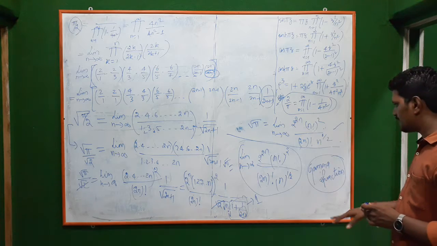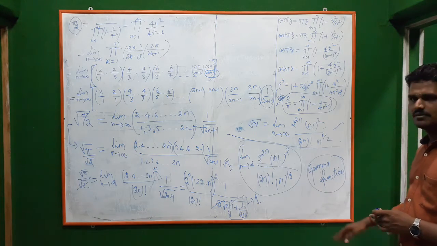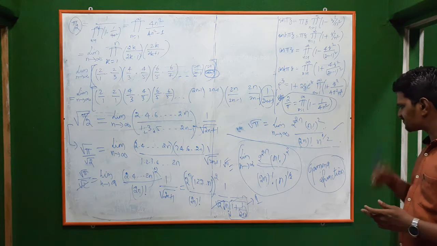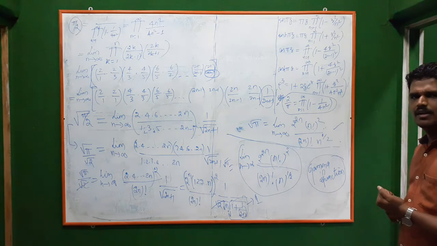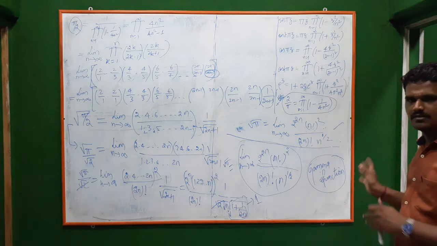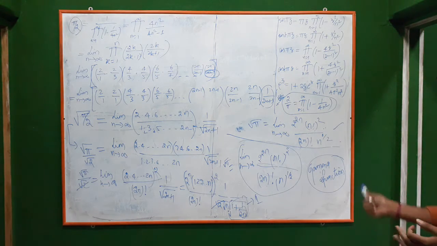Next we will move on to the next section called gamma function. So gamma function we have seen already. In the previous classes you would have seen the gamma functions. So here a little bit more will be there in complex analysis. Okay, so we'll see that in the next class.